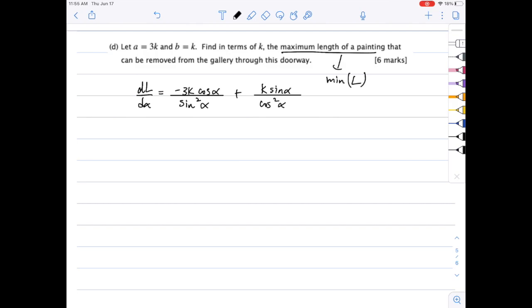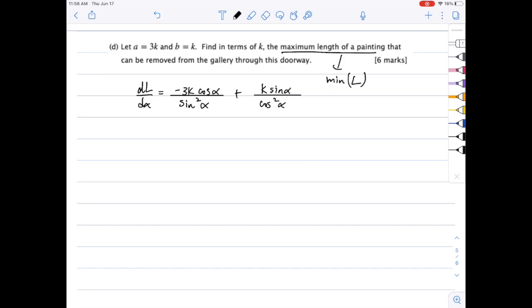Okay, so that's kind of weird, and we needed to do some thinking to arrive at that. What they're asking you to do is minimize L for these specific values of A and B. And earlier we did exactly that. Well, not that, but we found the derivative. This is from part C earlier. We can use this information because all we need to do is optimize, find the minimum of this, and we can do that by setting the derivative equal to 0